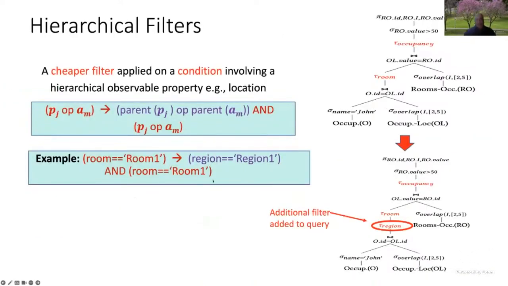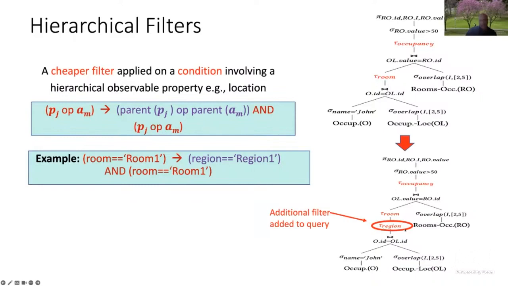Given the expensive nature of translation, there are several optimizations TipplesDB tries. I'll give you an example of a couple of them. One of the things that we use is hierarchical filters. So for example, here's the same query, where you're doing translation of room and translation of occupancy. What TipplesDB realizes is that in the case of translation of a room, for instance, to get the location at room level of a person, it's much cheaper to first get a region level location. There's a hierarchical representation, a containment hierarchy, which is inherent in fields such as location, and that's true for almost every field, not just location, but I'm illustrating it for location.